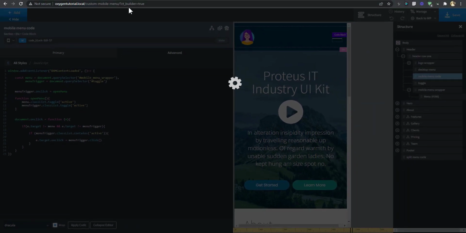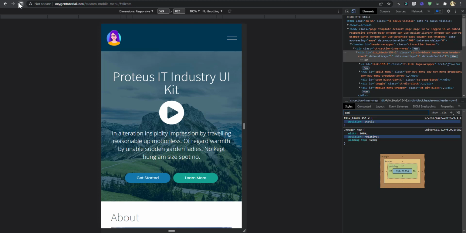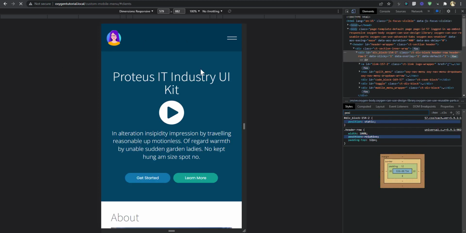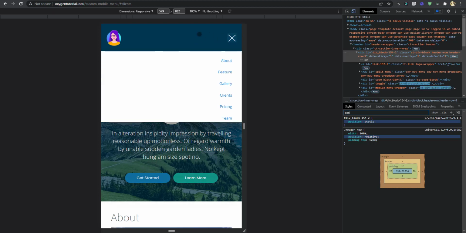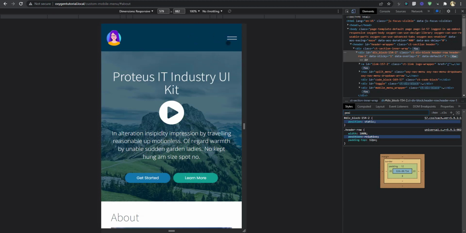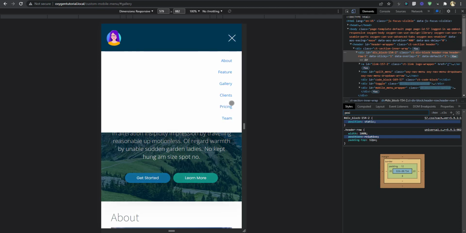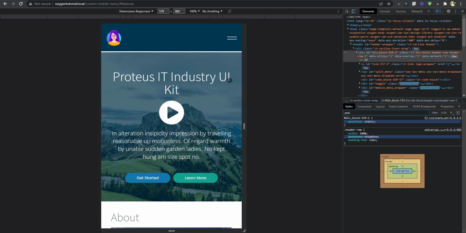So let's save that, and then I'm going to refresh this and just make sure that this works. If you click outside, it closes. If you click that, it closes. If you click that, it closes. Click that, it closes. All right, so that's it.